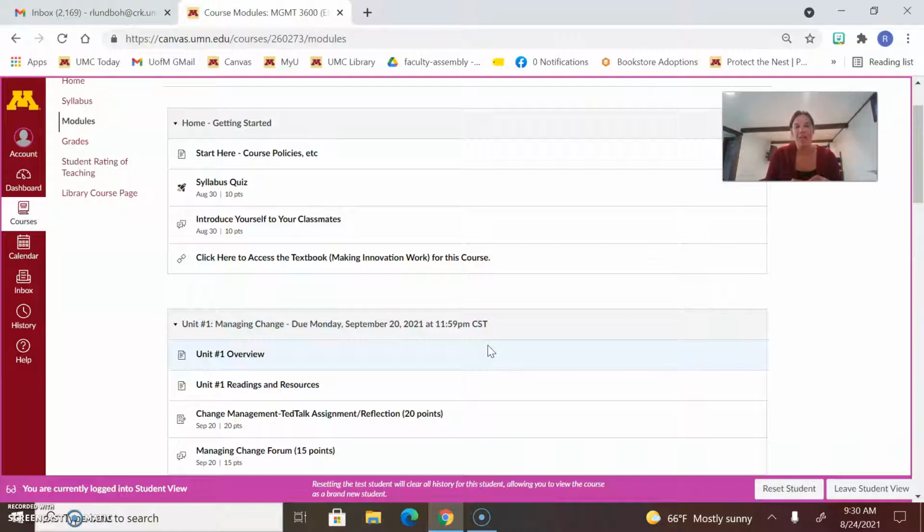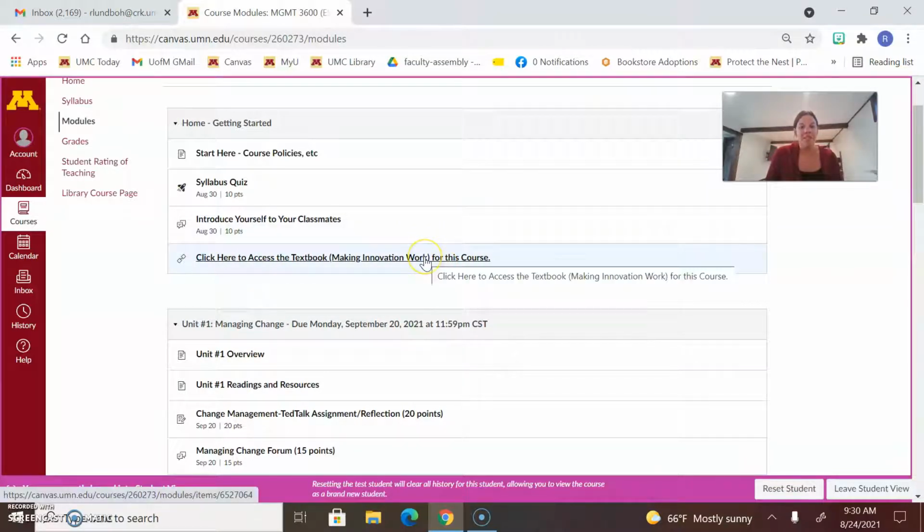You do have the option to opt out. There's directions in the syllabus and in the Start Here tab for you to do that, if by chance you want to buy a hard copy of the book. So you just click on this and it should take you right to the book, okay? And you'll be automatically charged for it. The other readings in the course are all free PDFs that I have found for you, so I really have tried to keep the cost down in this class.